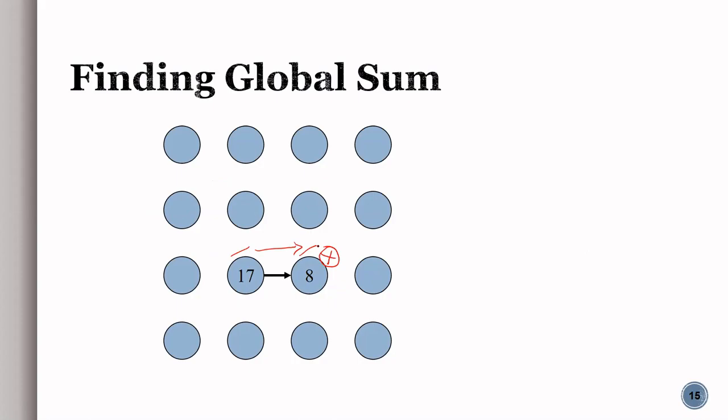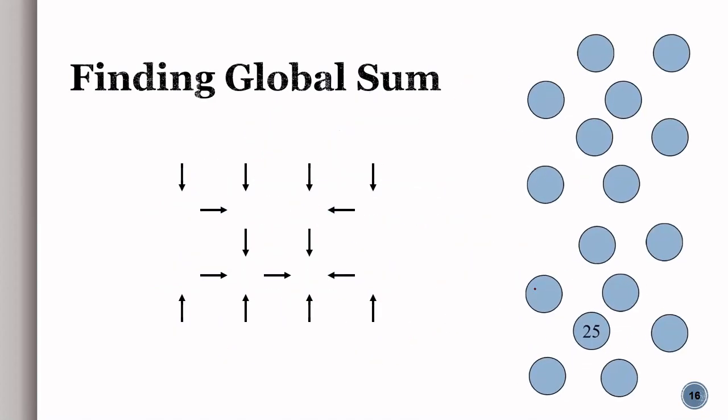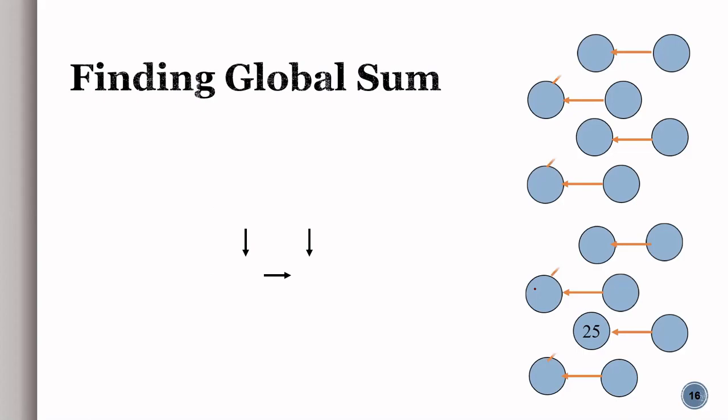Now, how to make it a binomial tree? For that, you have to see the communication pattern like this. You can see that if we consider each vertex as a vertex of a hypercube, this is the type of communication that happens between them. Now you can see that whatever we have done has become part of a hypercube. This is what you call a binomial tree.